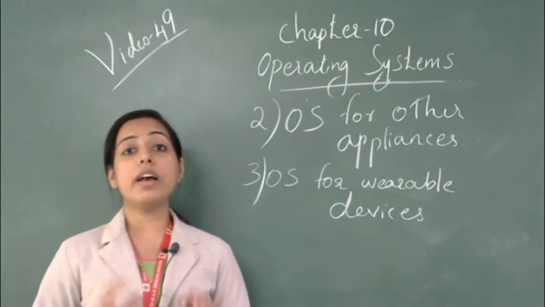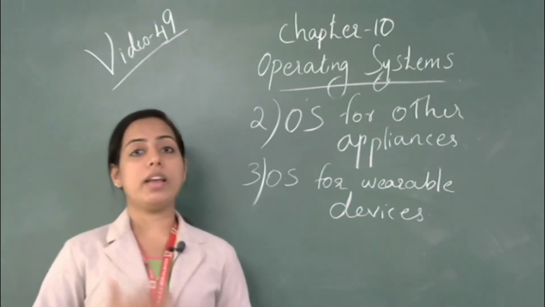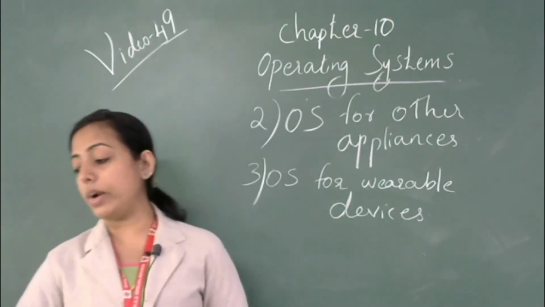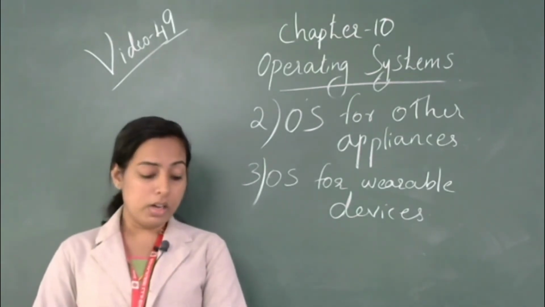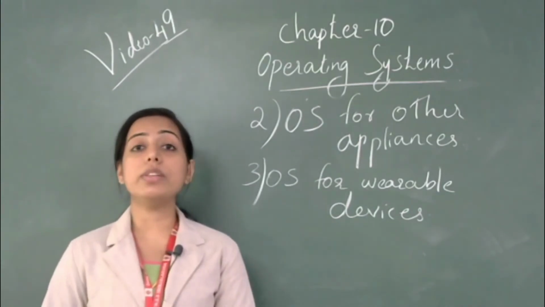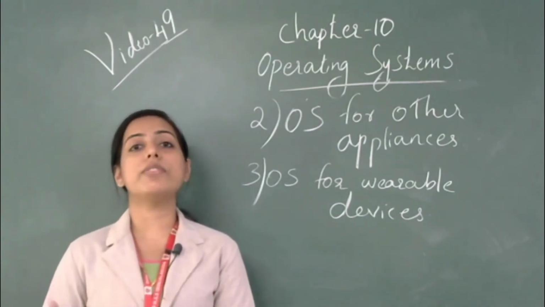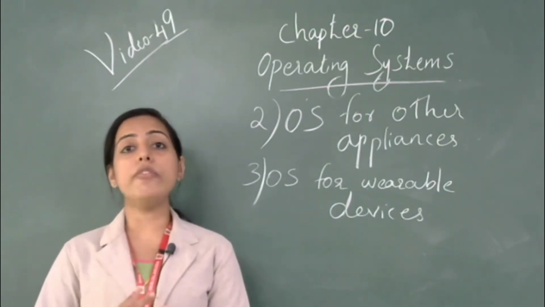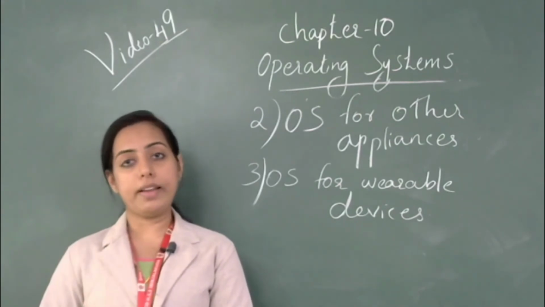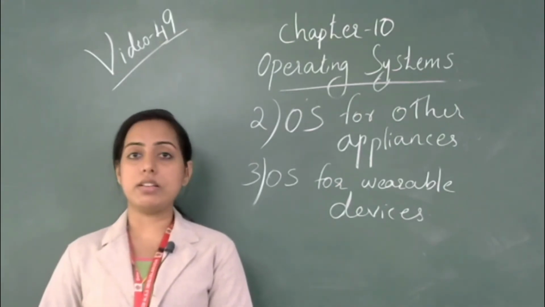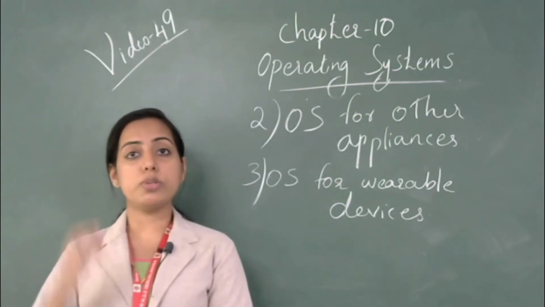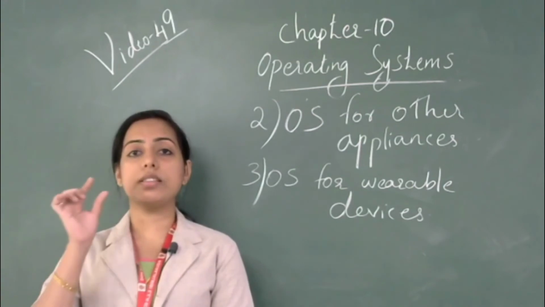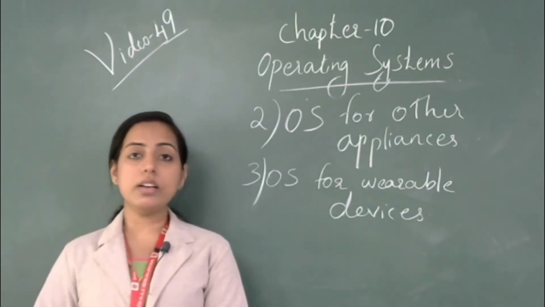There are a lot of wearable devices that we can wear, and they are based on some operating system. For example, it is given in your textbook page number 158. You are familiar with smart watches which have the facility to make phone calls, to take photos, etc. These are working based on an operating system. And then spectacles, which means glasses, are used to produce some sound and also create lifelike images. The image is given in your textbook.